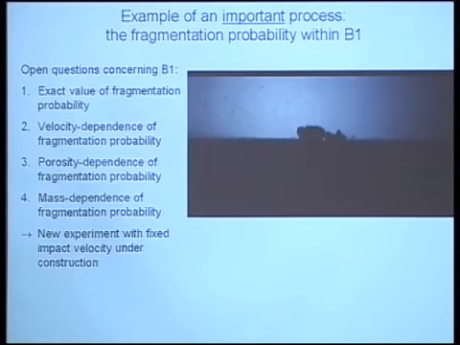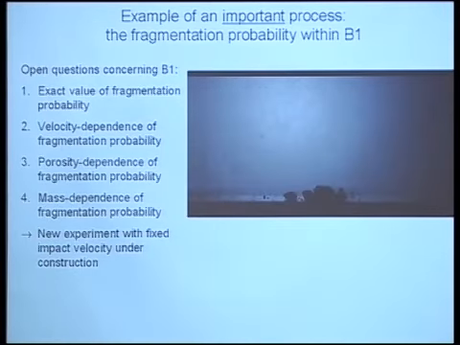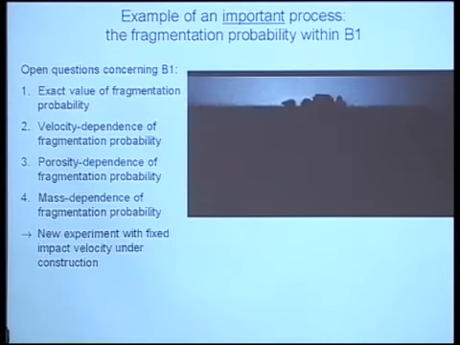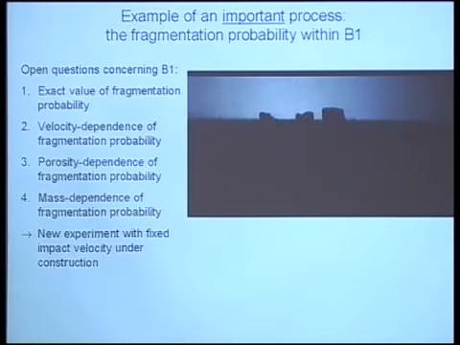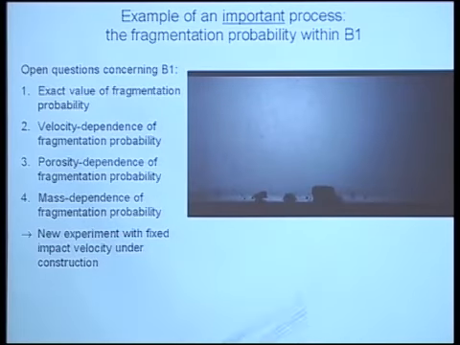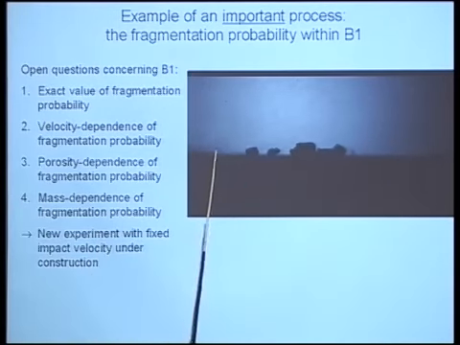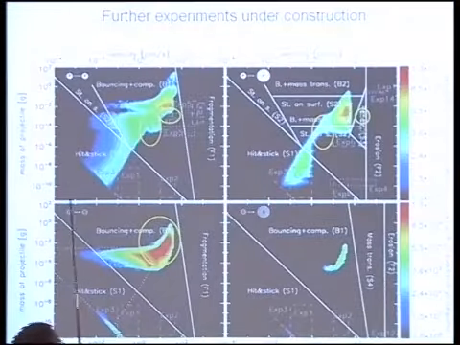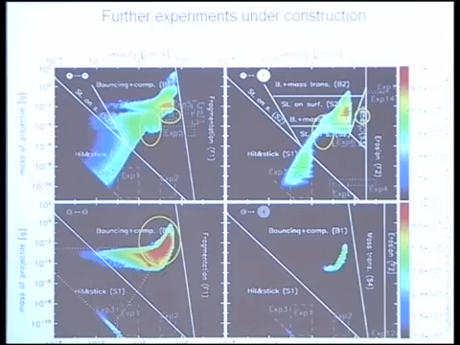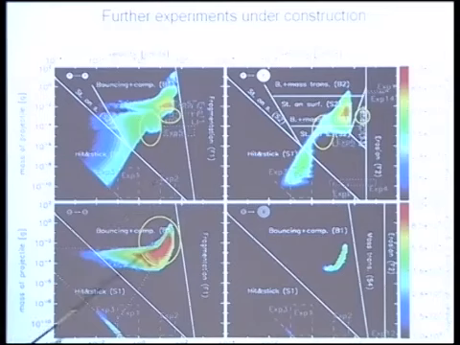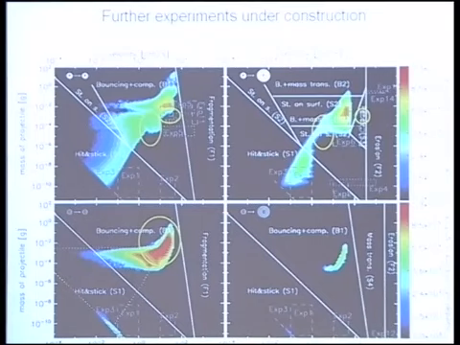The previous experiments with the 10 to the minus 4 fragmentation probability were done at a velocity of 20 centimeters per second. This is 50 centimeters per second. So just a little bit higher, and things change dramatically. This is not included in the model yet, but it will be. So it's grinding down as we continue. I've only got 5 minutes, so I continue. The next experiments under investigation are marked by the ellipsis here. So we are taking the results of the simulations and looking into what we can do.